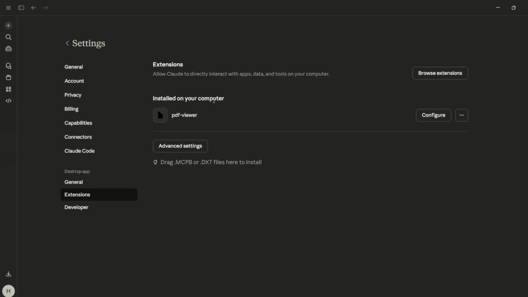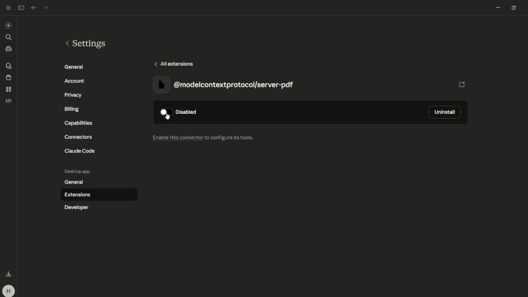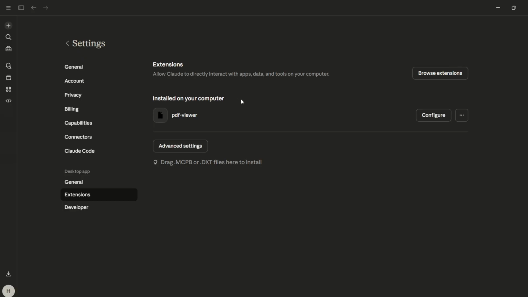So as you can see here, I have this PDF viewer extension installed. From here I can also configure it, but if I wish to disable it, I am going to click onto the configure option and then you can see that it is currently enabled. So I'm going to simply click onto this toggle and now this extension is successfully disabled. So that's how easily you can disable any particular